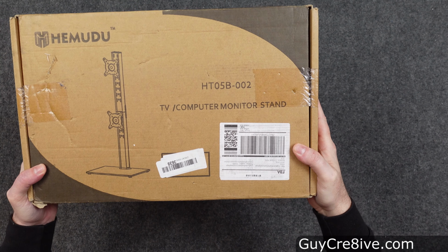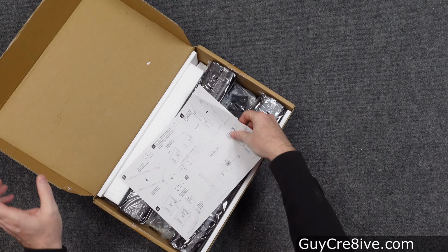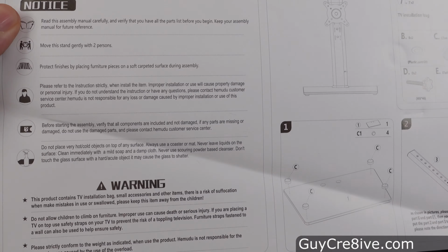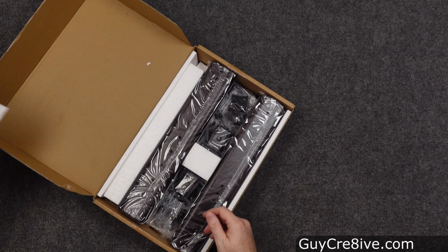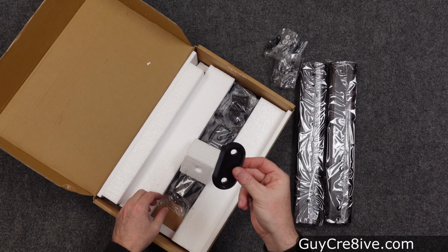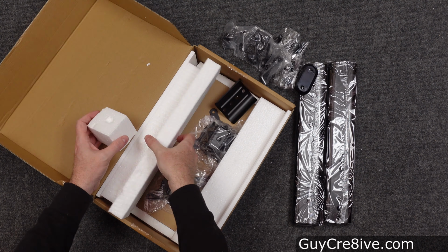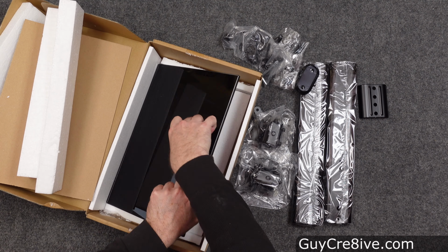In this video I'm going to unbox, assemble, and review the Hemudu dual vertical monitor stand, model HT05B-002. The reading materials consist of a single page with a parts list and instructions on the back, which are pretty easy to follow. First, I pull out the two vertical stand pieces that get bolted together, then three packages of hardware, a plastic end piece, the VESA mounts, the connector piece, and finally at the bottom we have the